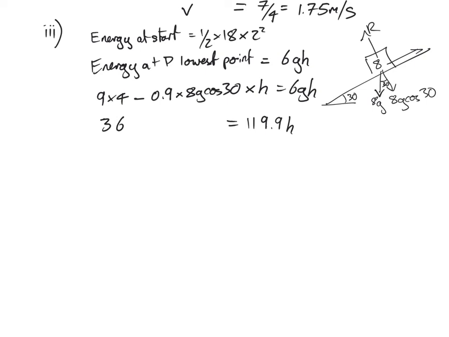36 divided by the answer, h equals 0.300 meters. Determine what happens after it reaches its lowest point. It's down here. So after it reaches its lowest point, there is a